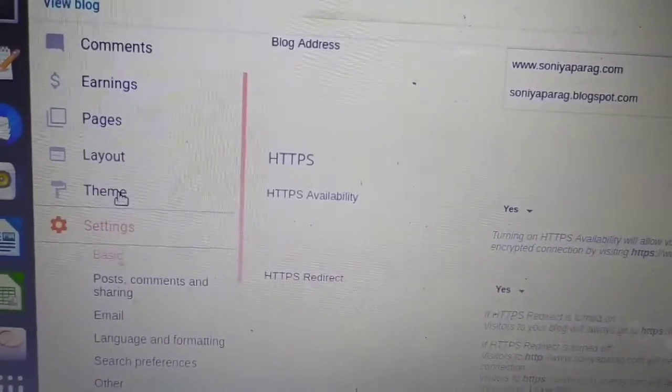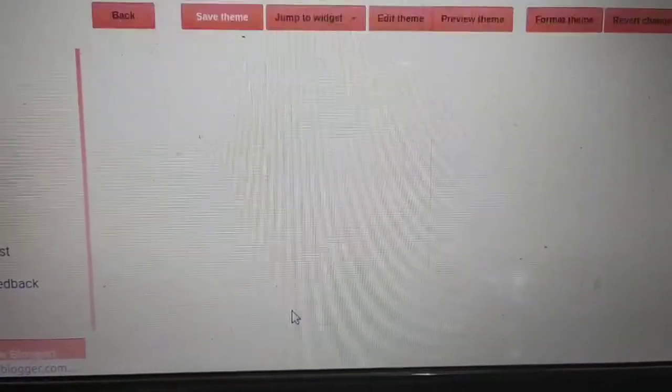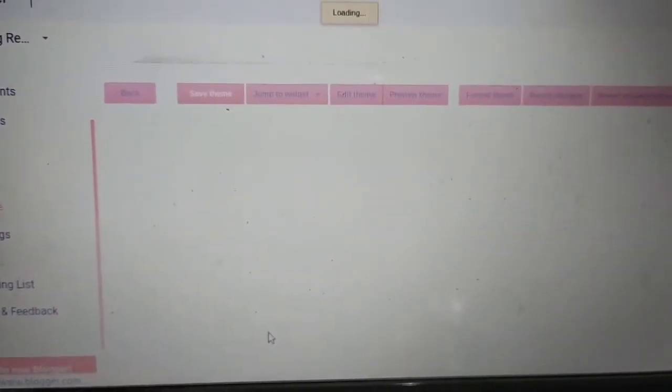Once you make both Yes, you have to make some small settings. Go to Theme, then click on Edit HTML. Here you will find a warning that this theme code is mixing HTTP and HTTPS. So what you have to do is search for HTTP.